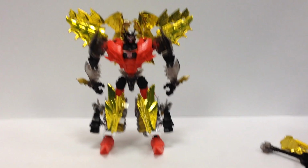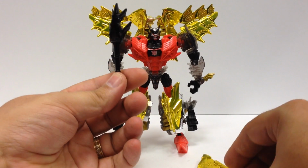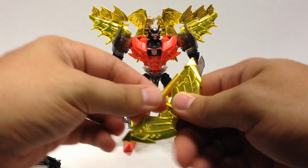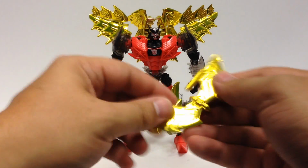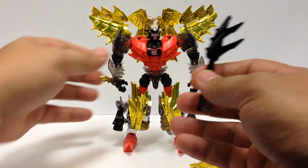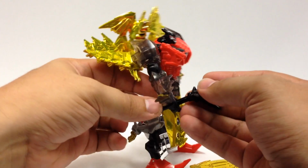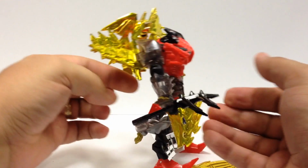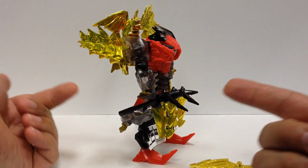Now the instructions for this guy say to give him this one hand weapon, and then plug this into his fist to give him another bladed weapon, which is ridiculous. One, because this by itself is probably not the worst idea. But to have him hold this, it's very loose. It doesn't stay in down here. He only holds it tightly up by this point,